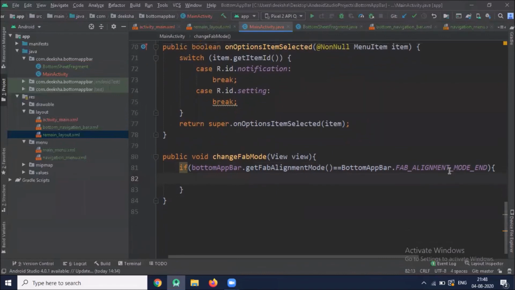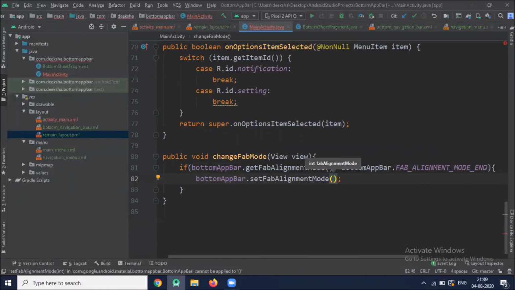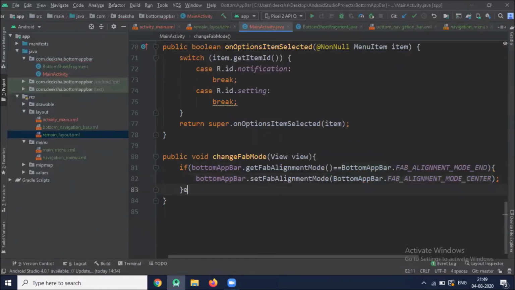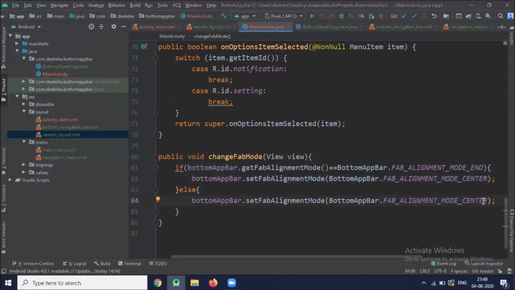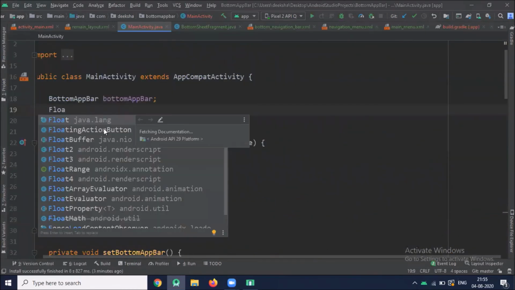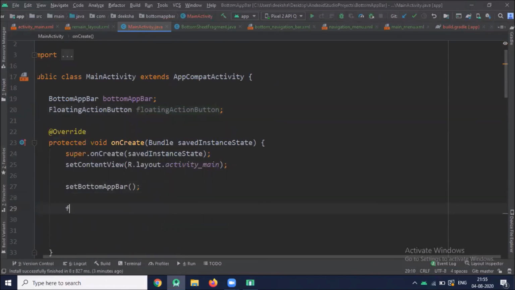If our mode is in end position, then we change it to center. If it is in center, then we change it to end. Floating action button. Here we fetch the ID by using find view by ID.